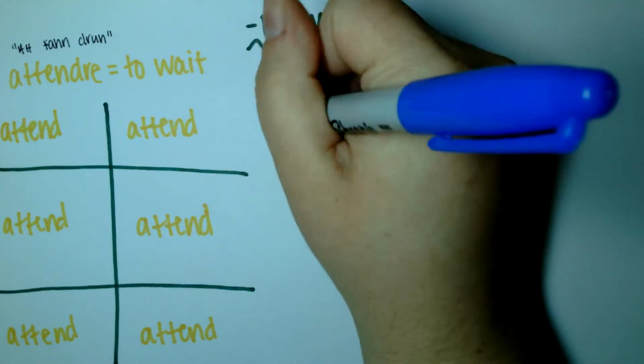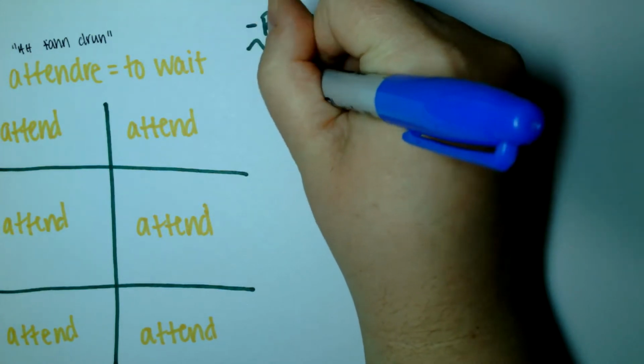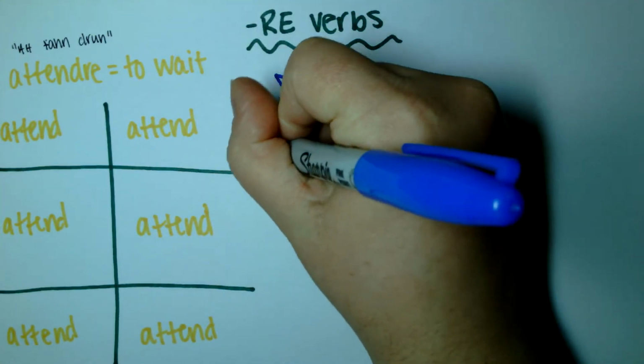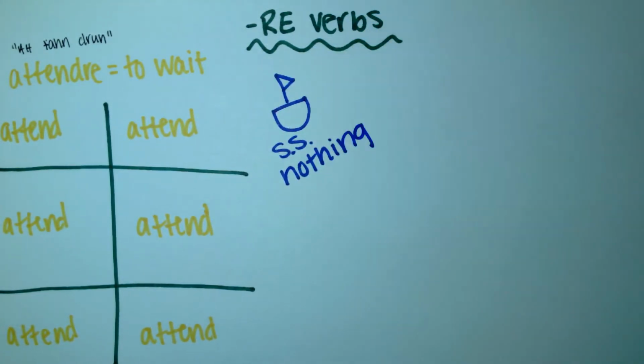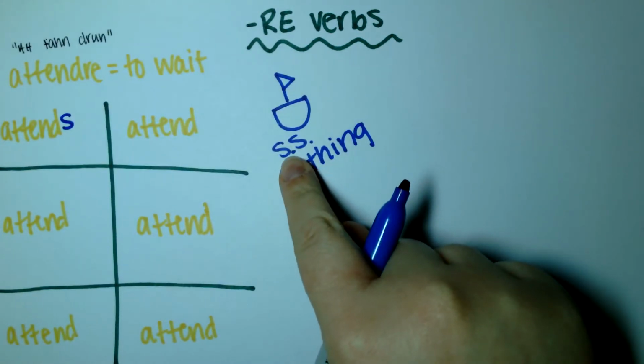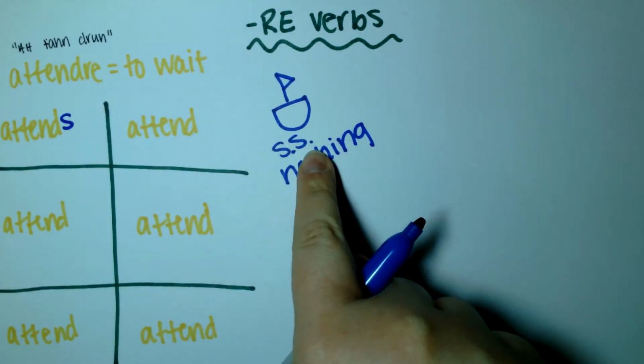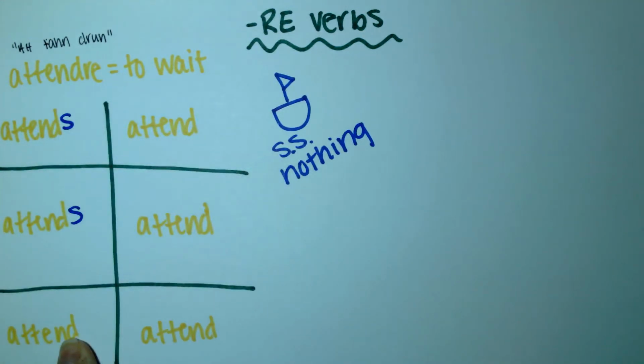So I like to pretend that I am on a ship, and my ship's name is the SS nothing. And that helps us remember those first three conjugations, because for je, you're going to add an S. So that's our first one. For tu, we're going to add an S. And for il, elle, on, we add nothing. So for the first three conjugations, that is your ship's name, SS nothing. So hopefully that will help you remember those first three conjugations if you can remember the name of your ship,